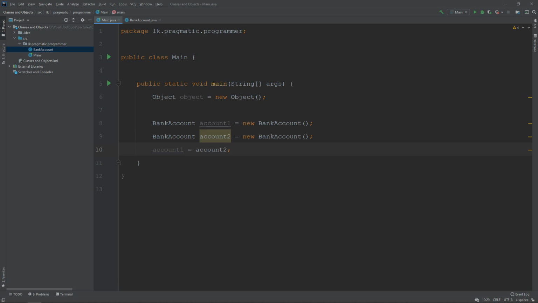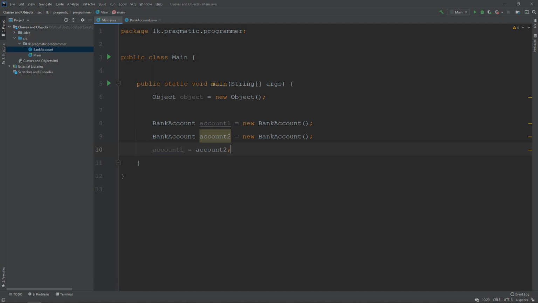What happens here is we are creating two objects. The first object is bank account 1 and the second object is bank account 2. What we are doing here is taking the reference of account 2 and putting it into account 1. We are taking the reference of the object created here as account 2 and making the value inside the account 1 variable equal to the account 2 variable.